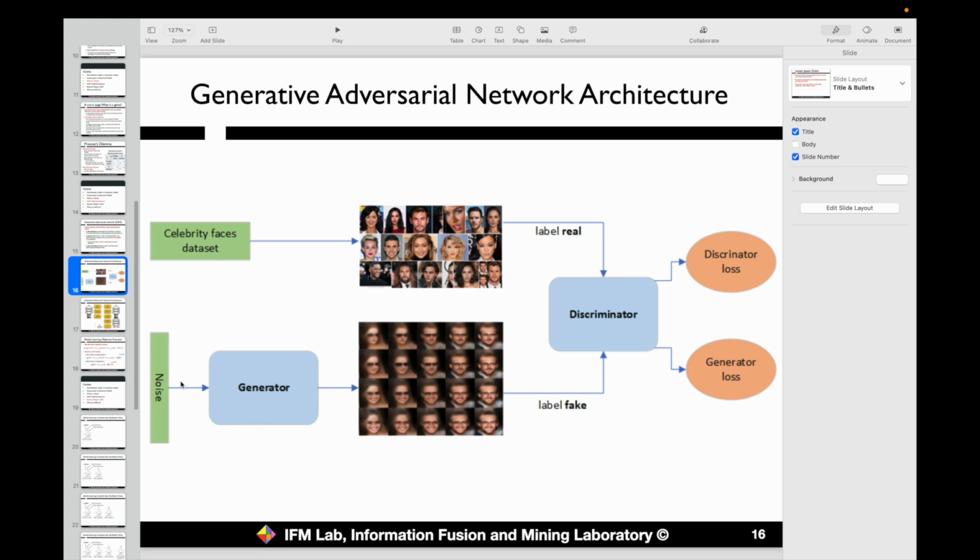We also have one generator. The input will be some random numbers. They can generate some fake images. We label them as fake. We feed both real and fake images into the discriminator and to define the loss function for both the discriminator